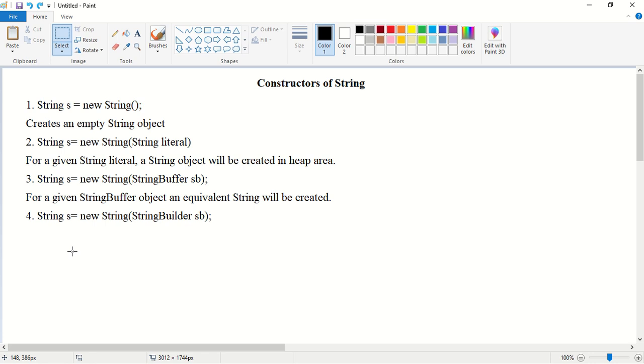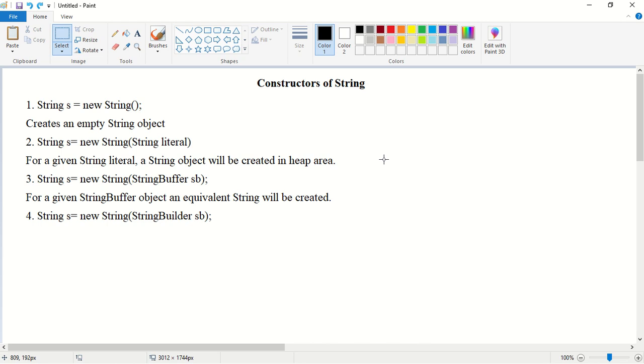Remember, String, StringBuffer and StringBuilder, these three classes are sibling classes. Okay, they are similar but they have only very small changes. Next, before going to the next constructor, what is a string? A string is an array of characters, right?